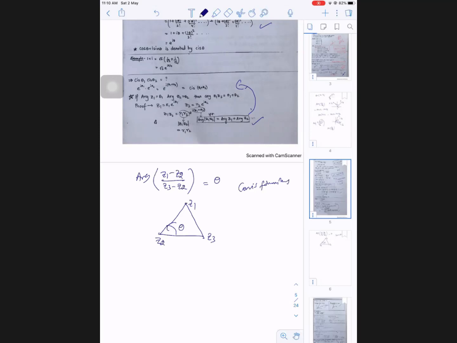So obviously here, if they give this result and ask argument of (z3 minus z2) by (z1 minus z2), if they give the reciprocal of this, then that formula is minus theta. Reason is, according to the diagram, if you observe now, from z3 minus z2 to z1 minus z2, theta is the angle. Always you have to see from denominator to numerator. But in my question, if you see the second question, I gave z1 minus z2 to z3 minus z2. According to this diagram, like this I am asking. So if that is theta, this angle is obviously minus theta.